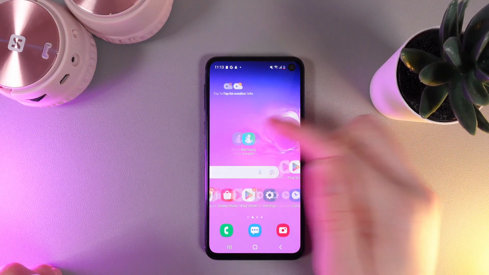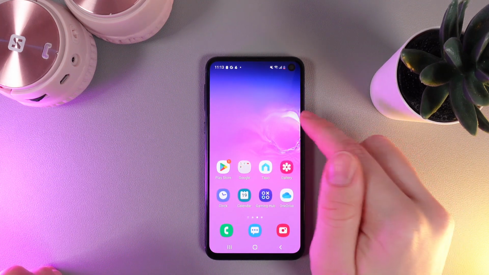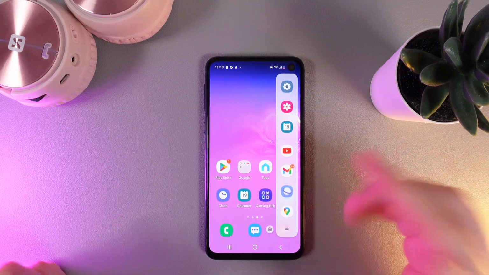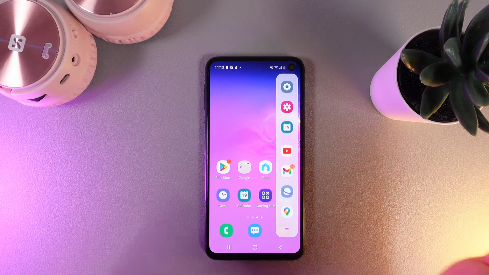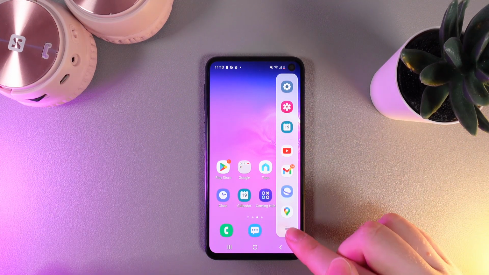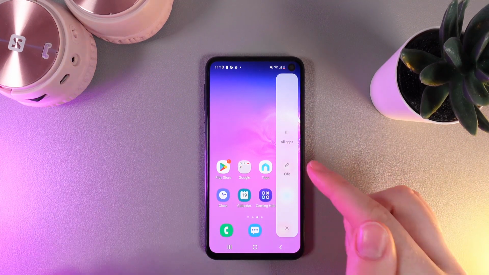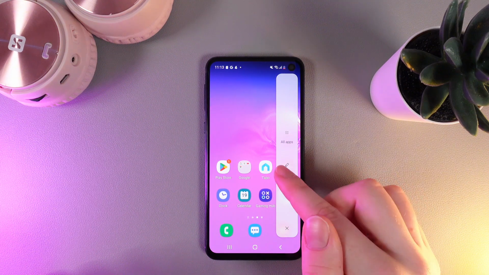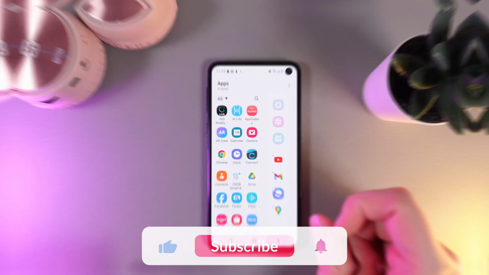As you can see, I got this little line on the right edge of my phone, and if I swipe it to the left, you can see this panel that I have just customized. By clicking on these three lines, we can also edit it by clicking on this pencil. Here's how it looks, and that was it for